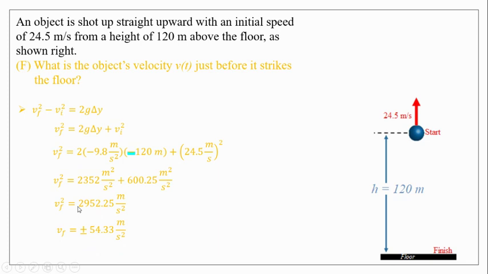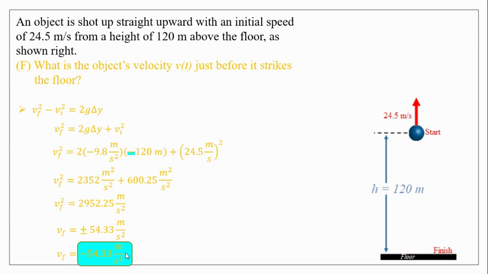Now, I want to point out though, when you square root, you get two answers. You get a positive and a negative answer. So keep that in mind. Notice here in my notation, I have a positive and a negative value. Now, which answer would you pick? I would go with the negative one because it's falling as it strikes the floor. So therefore, I want to pick a value that's negative. So my answer is negative